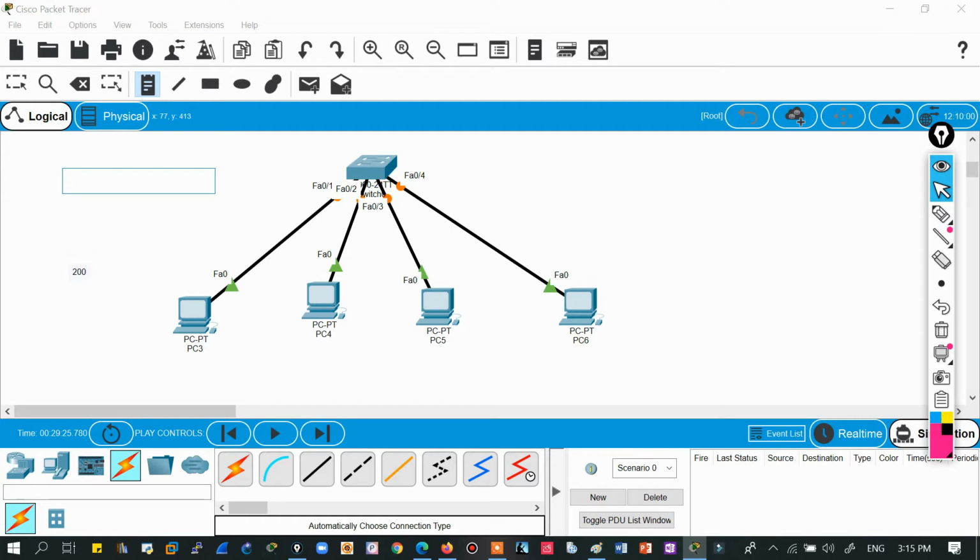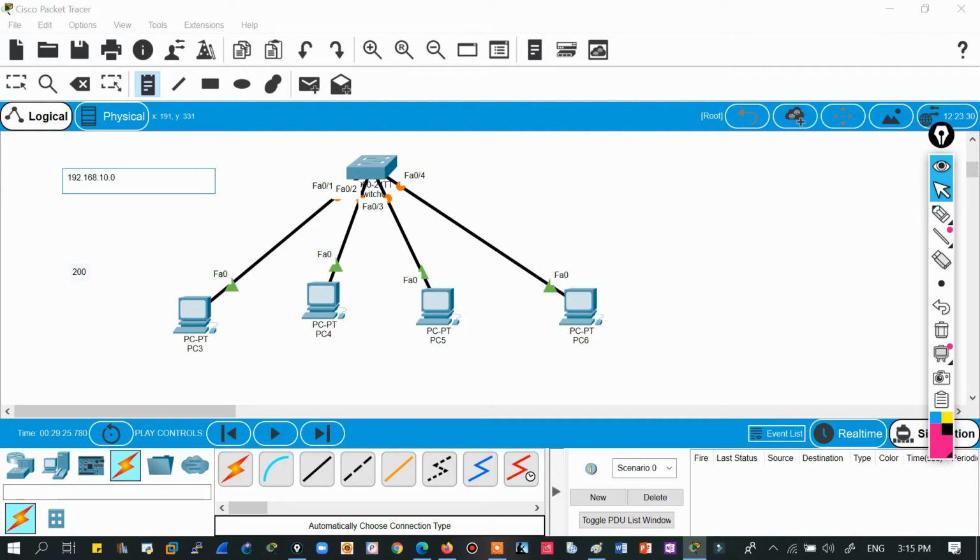In class A you have the maximum number of addresses, in class B you have fewer than class A, and in class C you have 2 raised to the power 8. It means 256 addresses. So I think class C should be used, right? So okay, 192.168.10.0, this one address, right? So in class C there are 2 raised to the power 8 addresses.